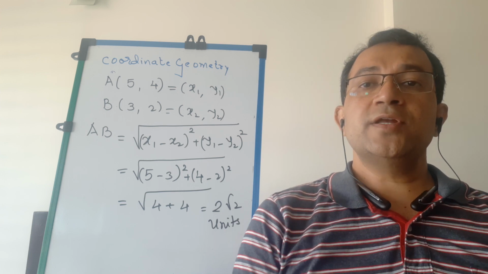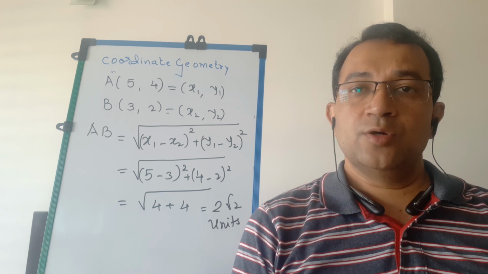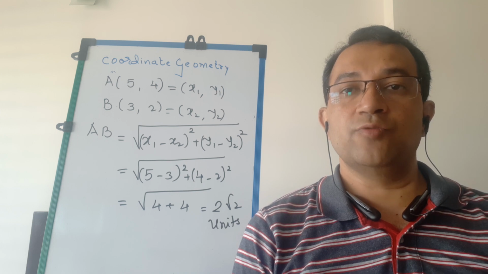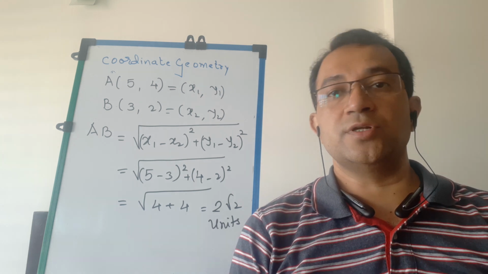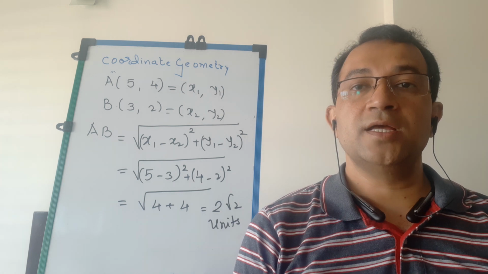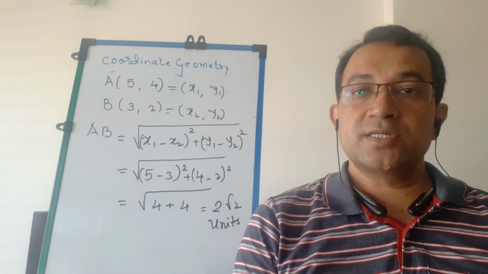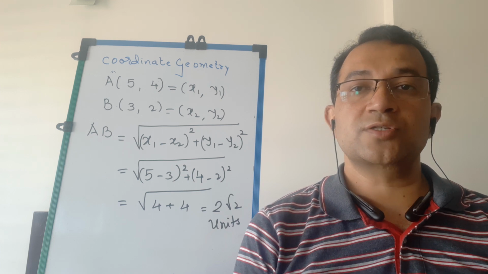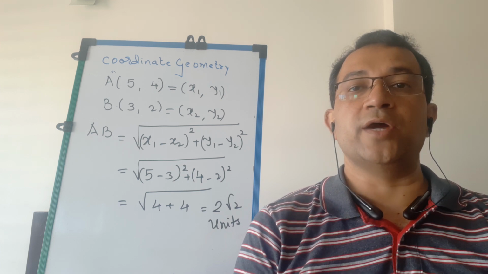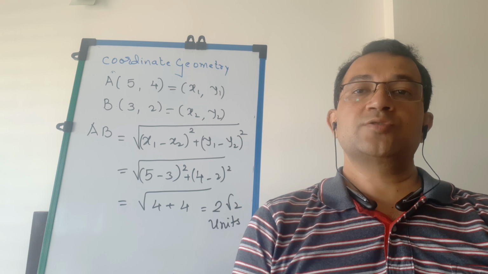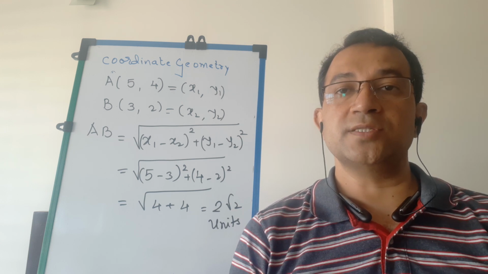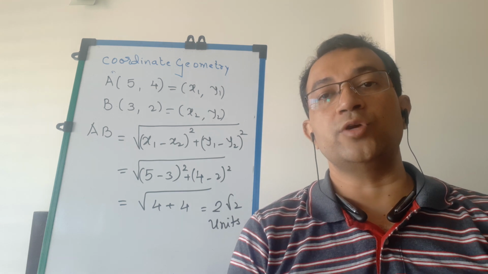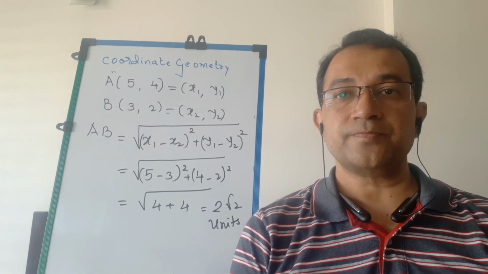So students, given any 2 points in the plane whose general coordinates are, say, A(x1, y1) and B(x2, y2), then definitely, students, we can apply the distance formula, which is in the form distance AB is equal to the square root of (x1 minus x2) the whole square plus (y1 minus y2) the whole square. So this formula, students, will give us the distance between any 2 points given in the plane of the coordinate axes.